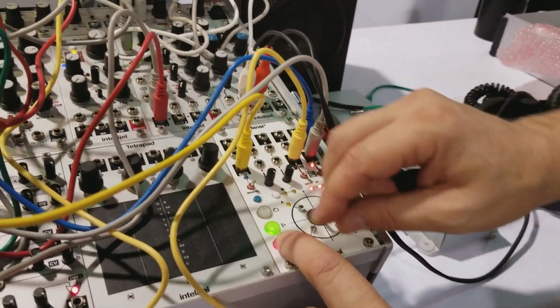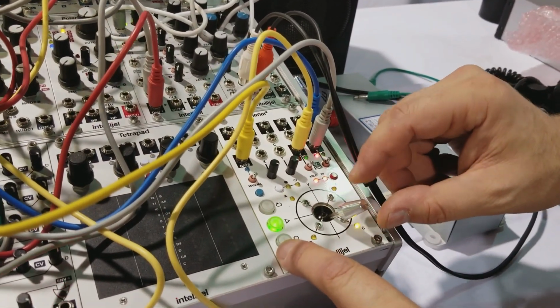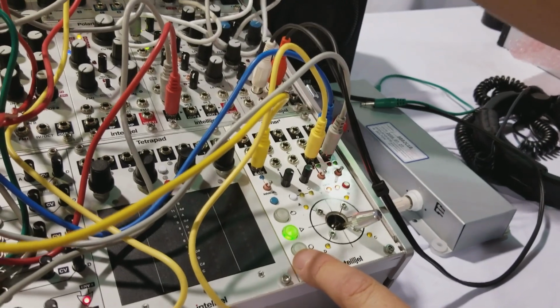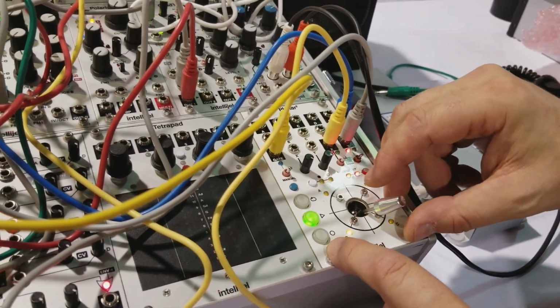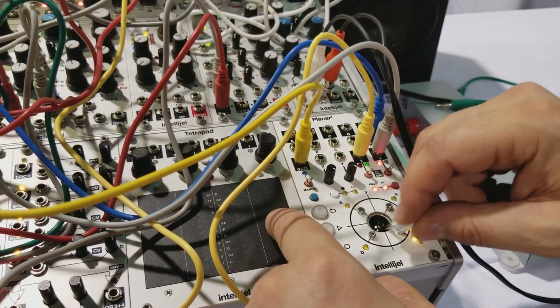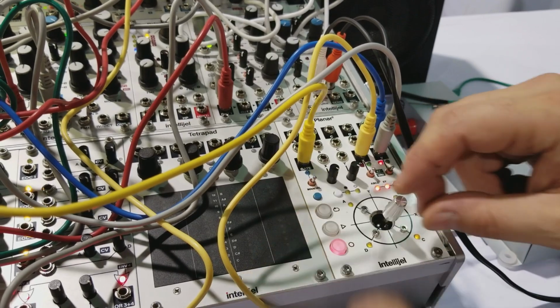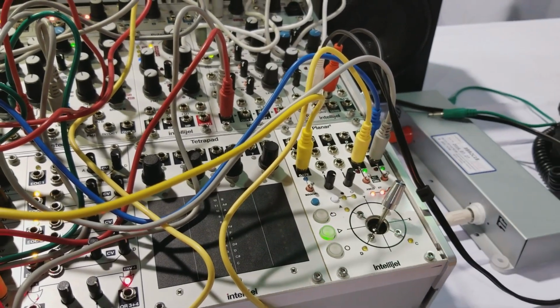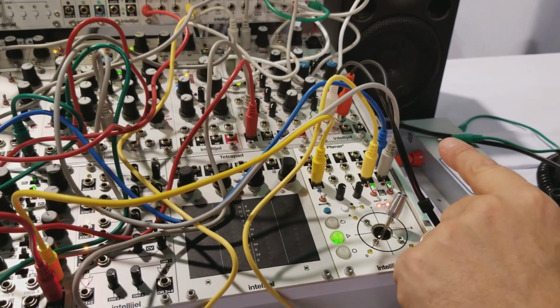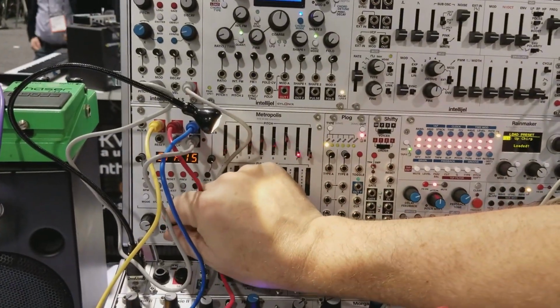So the joystick has recorded your gestural controls and allowed you to then use that as a control voltage repeatedly to make something musical happen with it. Exactly, and if I hit record here again, I can do some gates in there too. So now it's just waiting for the trigger, because we've set this to quite a few stages, so I'm going to go to